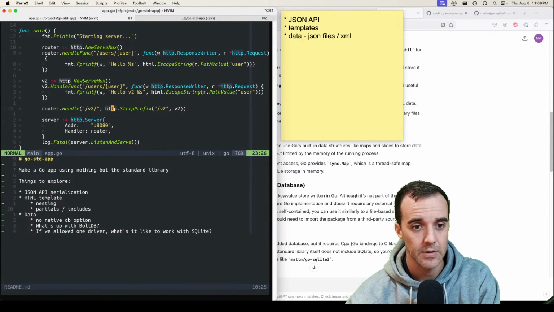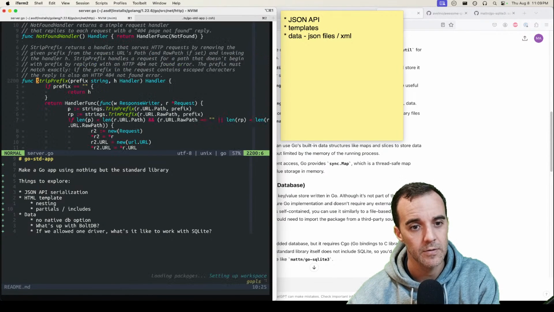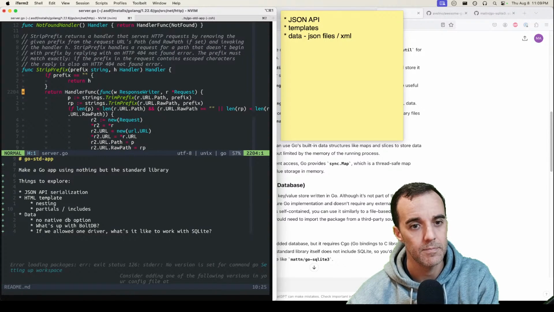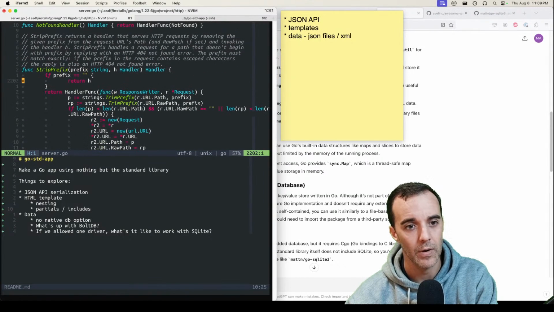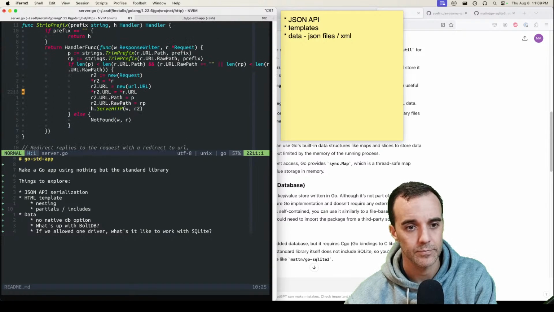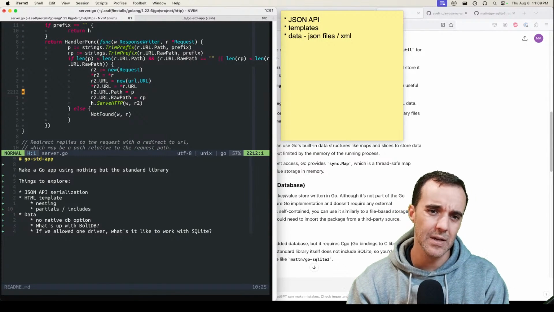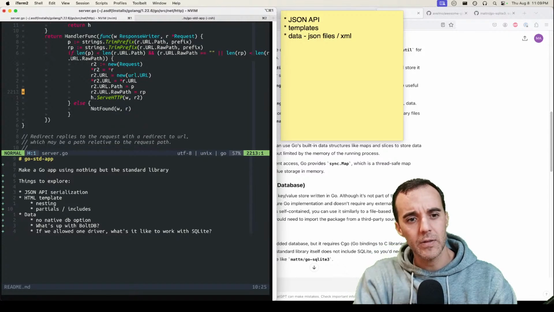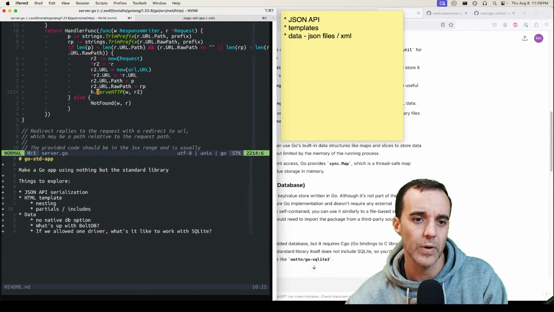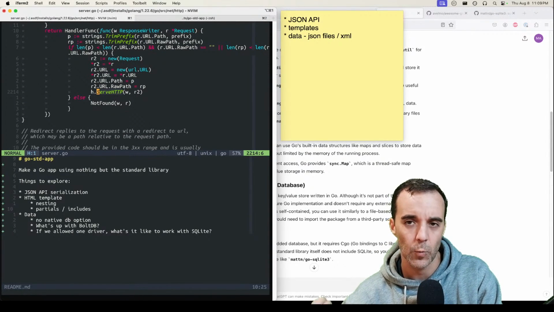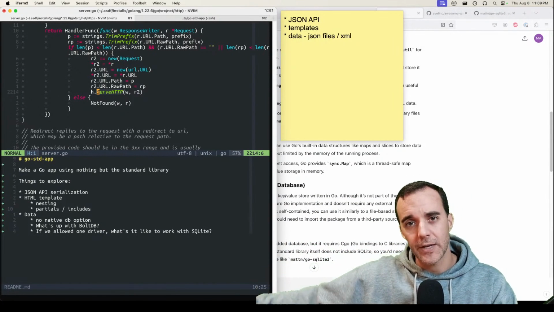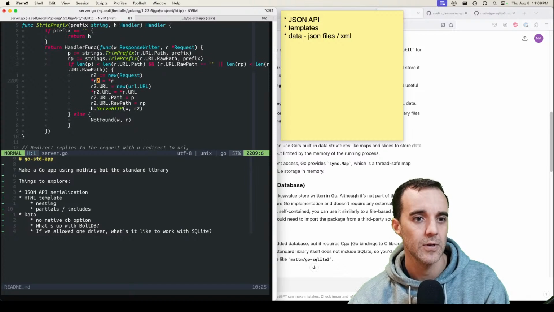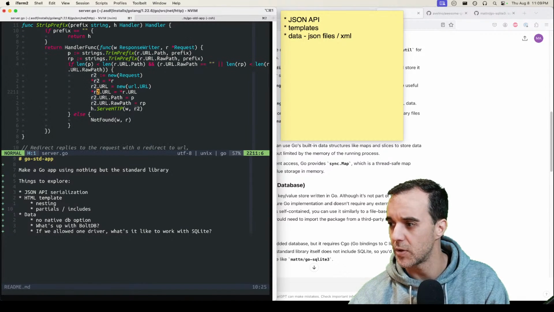In other words, this strip prefix is an example of a middleware where it's taking a handler and returning a handler. So, but it might not be a perfect example of, well, I guess it is. The reason it's able to do that is because the way that you can keep the chain going is by calling serve HTTP, which is the handler interface. So that's pretty cool.